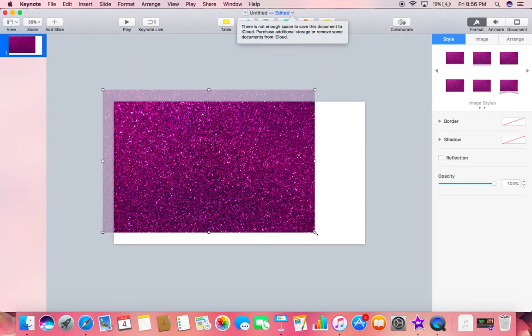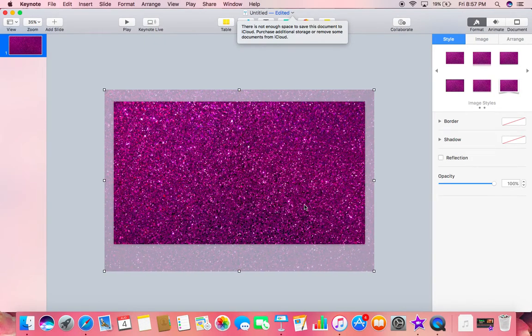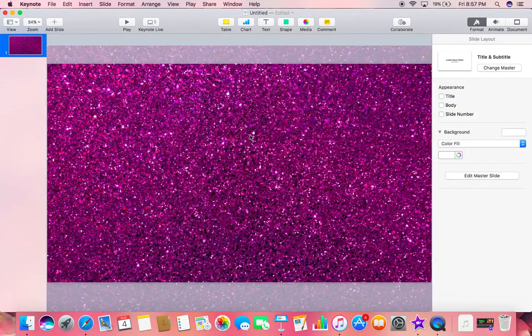So as you can see, it's not all the way fitted, so you want to pull it and make sure it's fitted all the way. Now you can click there and zoom back up a bit. And the next thing you want to do is